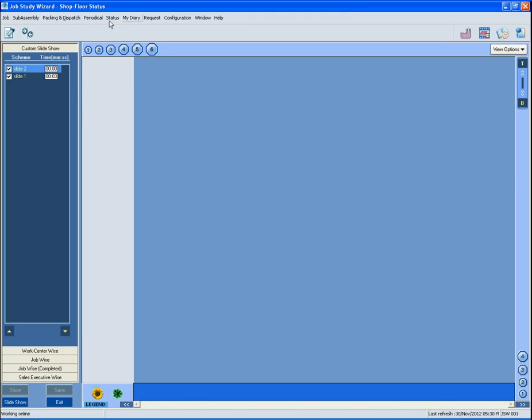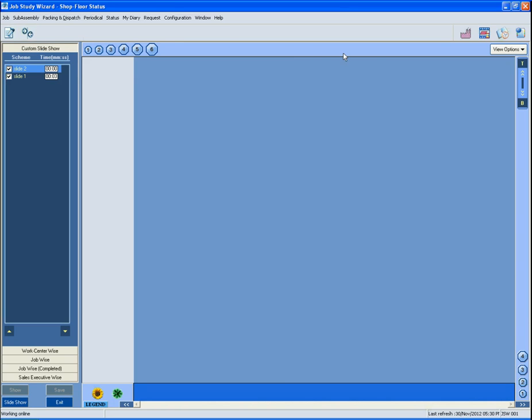Just below the menu items common across JSW screens is a special toolbar with 2 buttons to the left and 4 on the right. The first button on the left is used to start making changes and is part of managing job execution, dealt with in another video. The second icon with two opposing arrows is used to quickly move over to now time, indicated by a red vertical line on the Gantt chart.